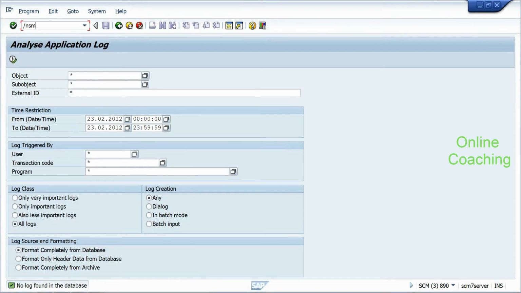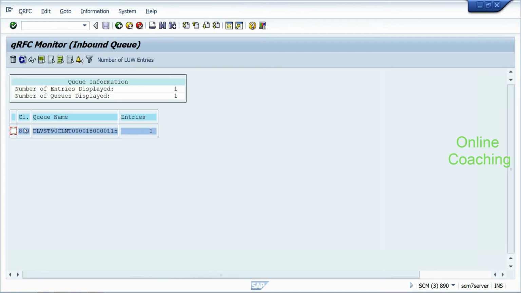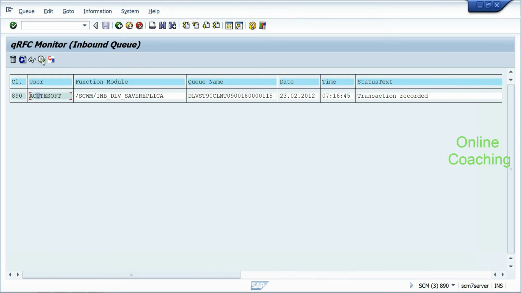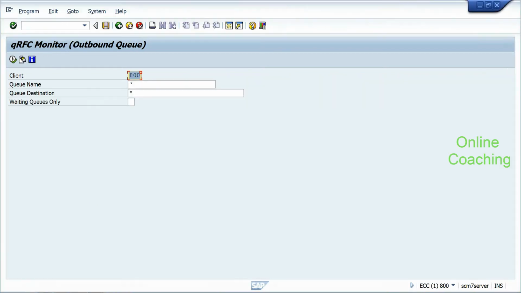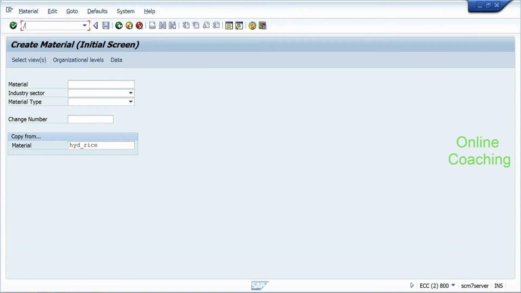So 115 is the delivery. If I go to SMQ2, that 115 should be available here. Yeah, so there are no qRFC errors, it's happily getting processed. I think you're right, Srini. It must be because of the plant. We are trying to push plant-based data. Yeah. So in the ECC, what we have to check is